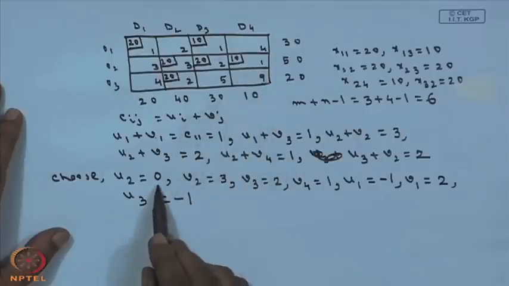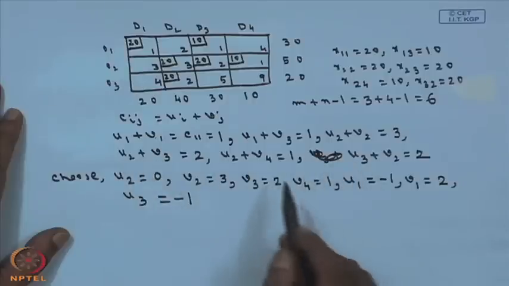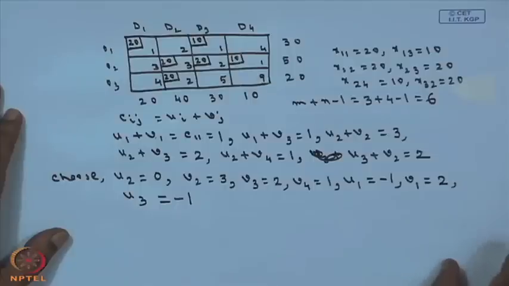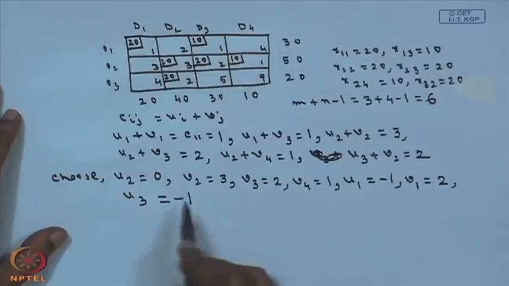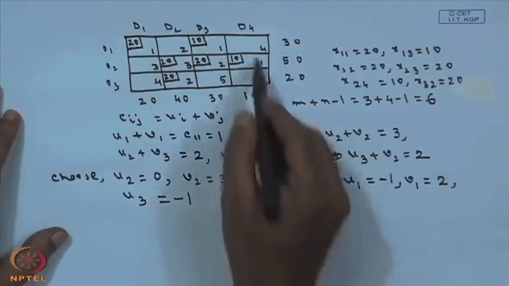So, I am making u2 equals 0. Once I am making u2 equals 0, by substituting the values of u2 in other equations, you can obtain the different values from here. So, once I have obtained the different values, now rewrite this table,